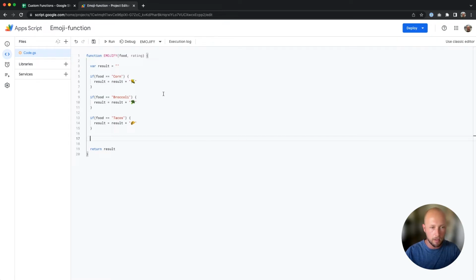So the next thing I'm going to show you is how to handle the rating, which we're going to do in the same way, but I'm going to switch up the syntax a little bit just to make it a little more common as far as the use, because we're not going to see oftentimes in the wild 3 if statements that just basically you pass over them if it's not a condition that is met. So what we're going to do is we're going to say if the rating is equal to 1,